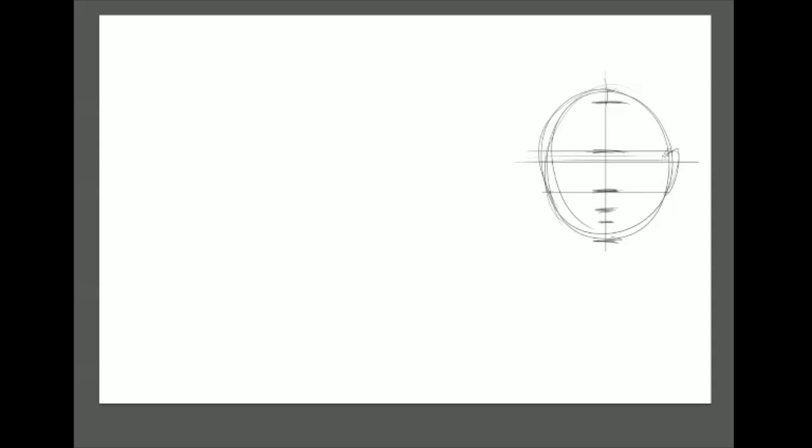So let's get started. Okay, so the oval is the quick start from the front, 3 units high to 2 units wide, and we established the eyes are in the center, forehead is just, or brows just below, above that, halfway from the chin is the nose, and the eyes and the ears fit in that middle third between the brow and the chin, and then swinging a couple of C curves off